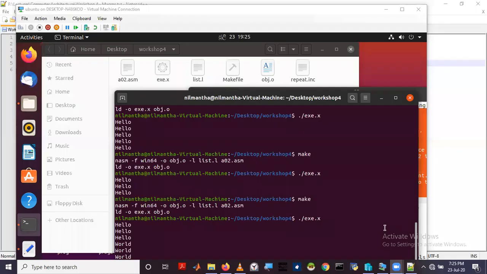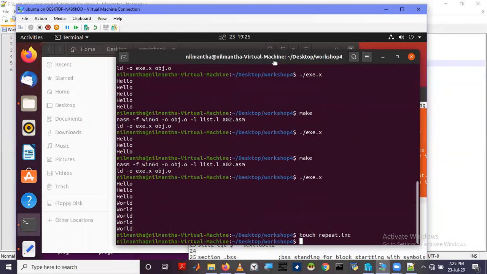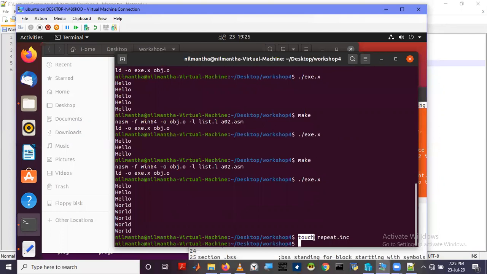There was a connection problem, so I'll start again. What I did was I created a new file known as repeat.inc. How did I create it? I used the simple touch command, touch repeat.inc. The things which are to be included in an assembly file are stored in inc, or including file format.